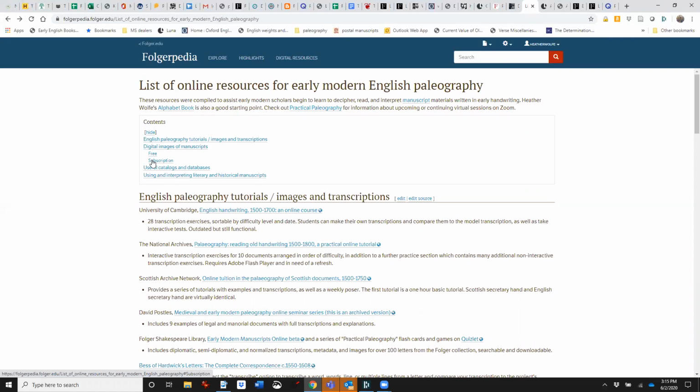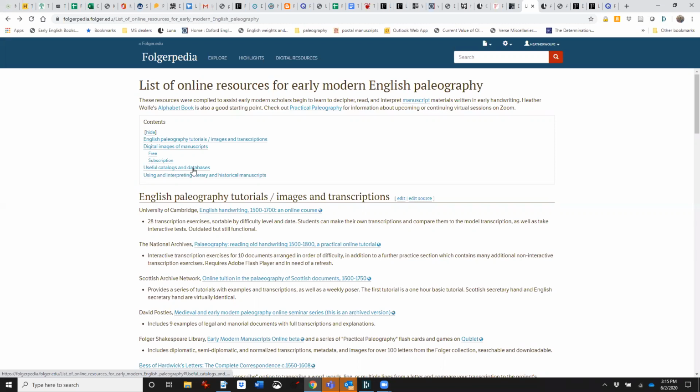In this time of remote work, if you have access to those databases, if you're attached to an institution, that's one way of getting to them. The Folger and other libraries, I know you can apply to be a remote reader at the Folger, and that gives you access to our subscription databases. And I know that other institutions are doing this as well.